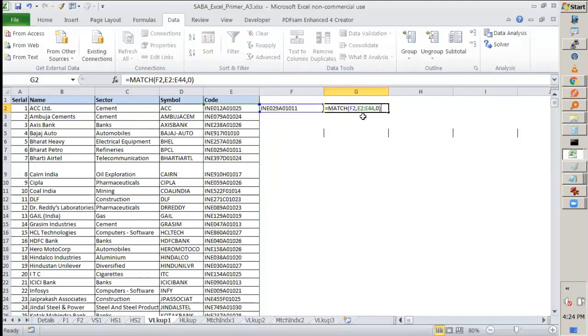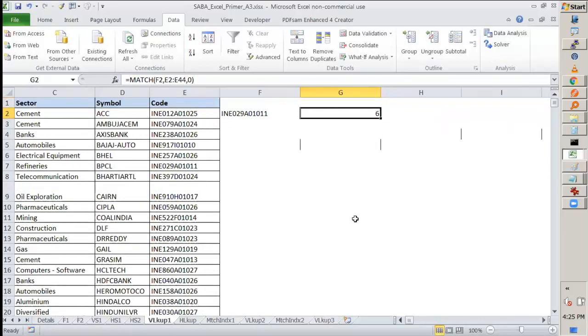What if instead of E2 to E44, I change it to E1 to E44 and press enter? See, it has become 7. Why? Because now the 1 is starting from here, 1, 2, 3, like that, and this will be the 7th number. Getting the idea? So it is up to you. Either you can select from the header or from the data. I advise don't select the header, let it remain. But be consistent with whatever you are selecting. As of now, it has given you 6 only.